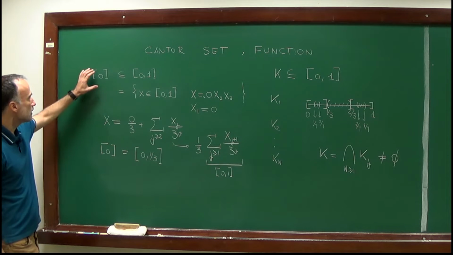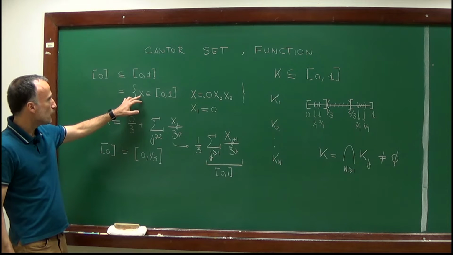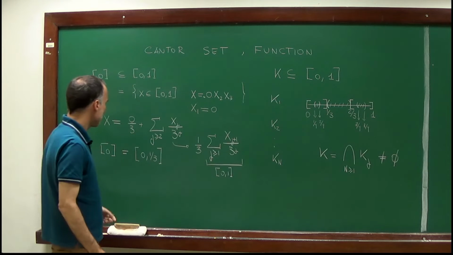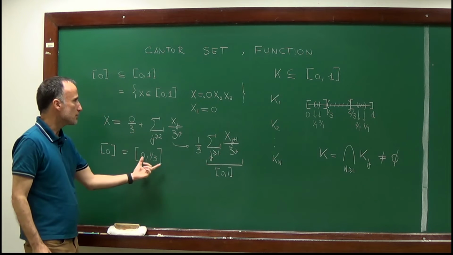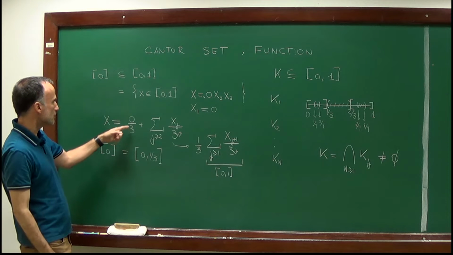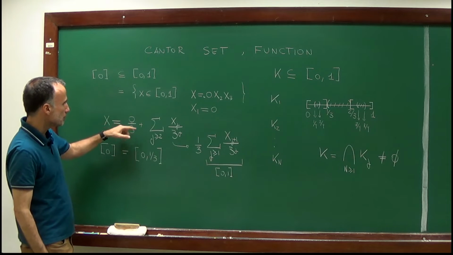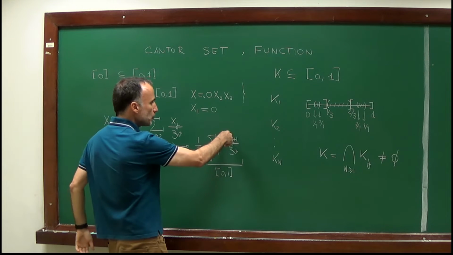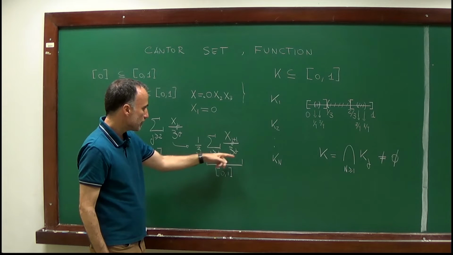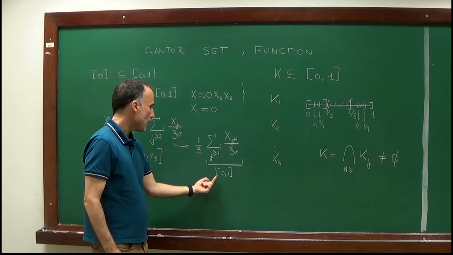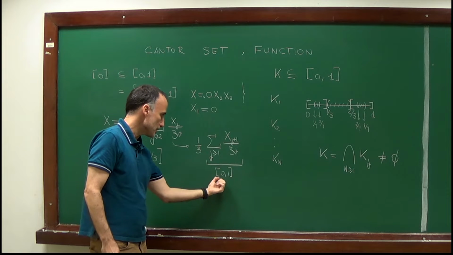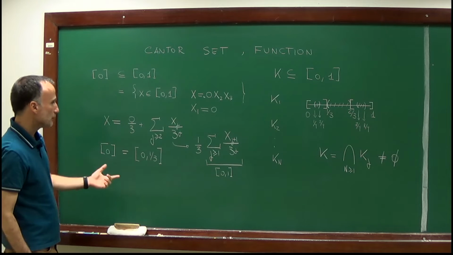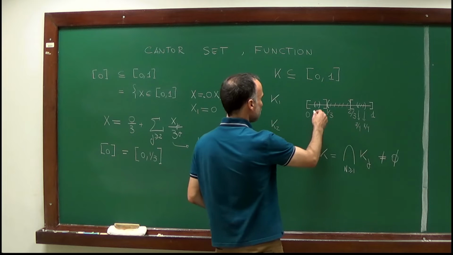What I'm claiming here is that these sets, so the sets of all points x whose base 3 expansion has first digit 0, are exactly formed by the interval [0, 1/3]. Because if the first digit is 0, x is equal to 0 over 3 plus this sum, and by playing with the xj, I can generate with this sum any point in [0, 1]. Since I'm dividing that by 3, this is in fact the interval [0, 1/3], and therefore this set is the set [0, 1/3], which is exactly